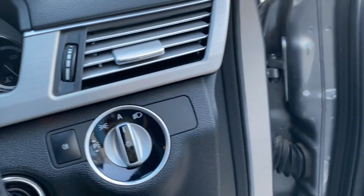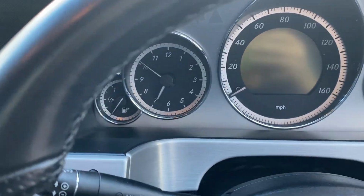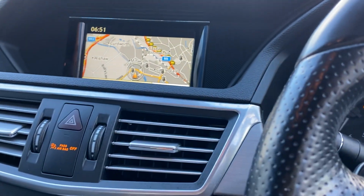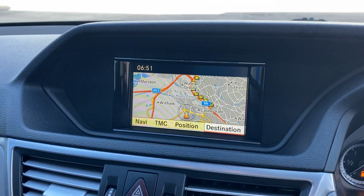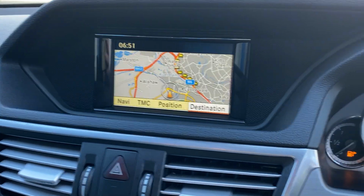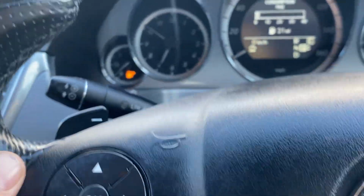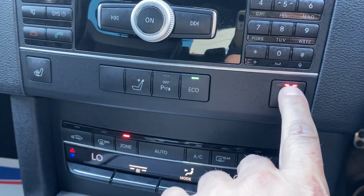It's got automatic headlights, it's got paddle shift on the gearbox or fully automatic, it's got cruise control just to start the car, it's got satellite navigation, so again we've got satellite navigation, got 3-stage heated seats,